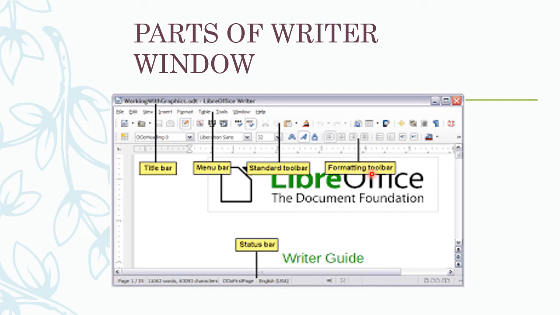These are all the formatting styles. Like that here also we can change with the help of some formatting tools. Those tools are available in the formatting toolbar.